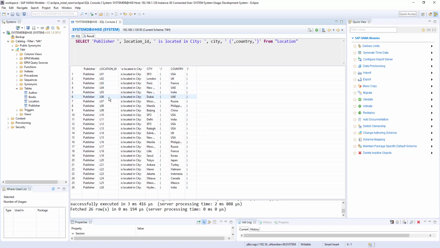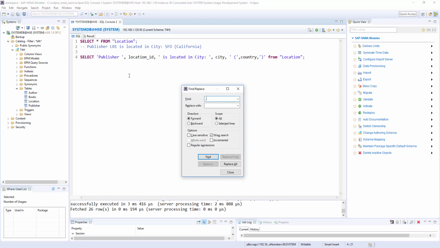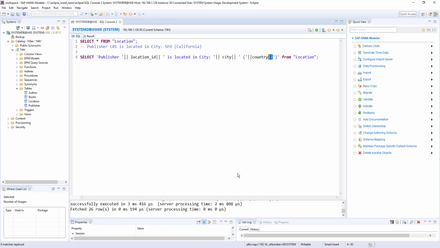But distributing across columns won't look good when you use this output in your front-end application. So to avoid that, let's replace comma with 2 pipe symbols. I replaced all commas with pipes.